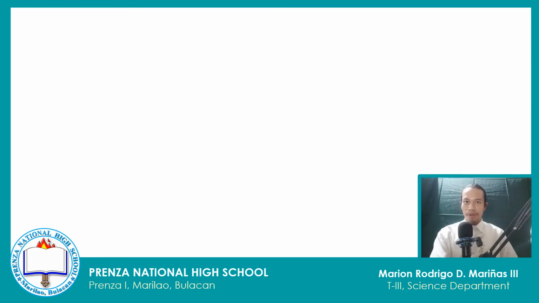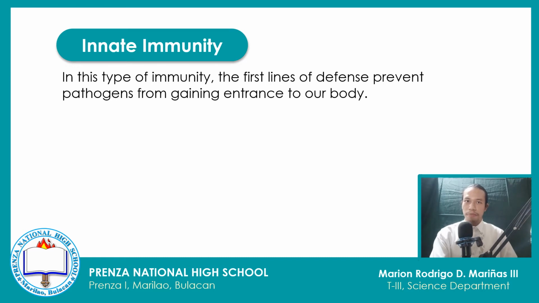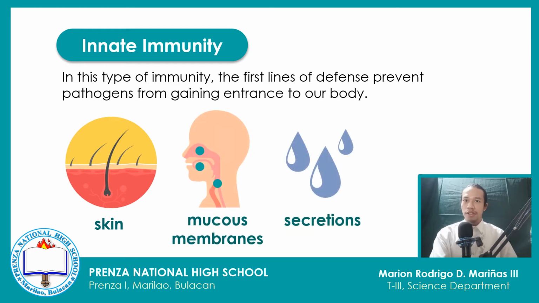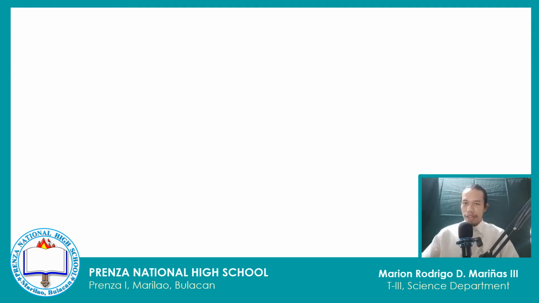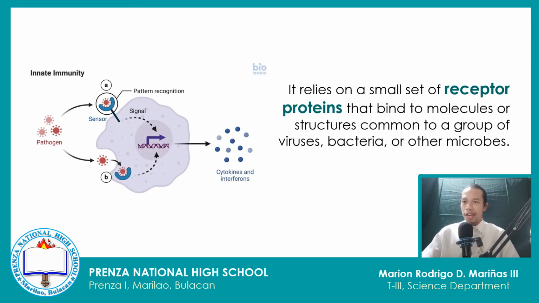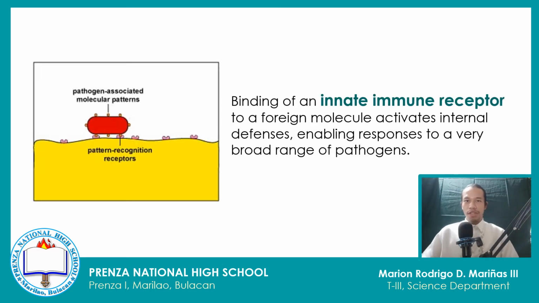In innate immunity, the first lines of defense prevent pathogens from gaining entrance to our body. This may include barrier defenses such as our skin, mucous membranes, and secretions that line the entrances and exits of our body. Innate immunity is a rapid response that relies on a small set of receptor proteins that bind to molecules or structures that are absent from our body but common to a group of viruses, bacteria, or other microbes. Binding of an innate immune receptor to a foreign molecule activates internal defenses, enabling responses to a very broad range